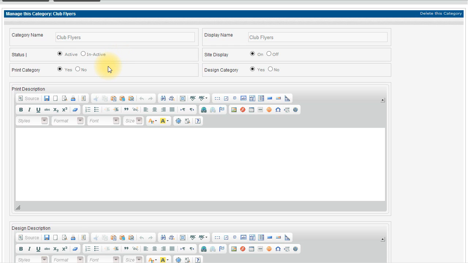Print category, will this category show up in our print category list? Design category, will this category show up in our design category list? Then we have site display, will this category show up on our public site? We're going to keep these values as they are, and we're going to scroll down a little bit